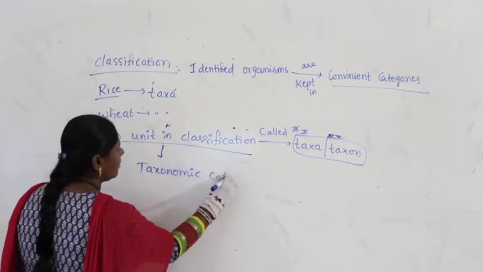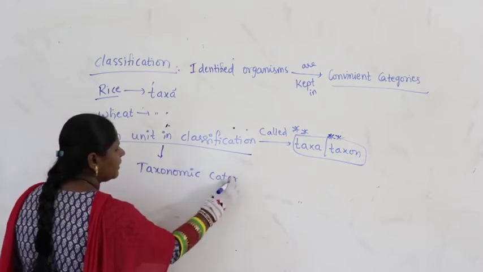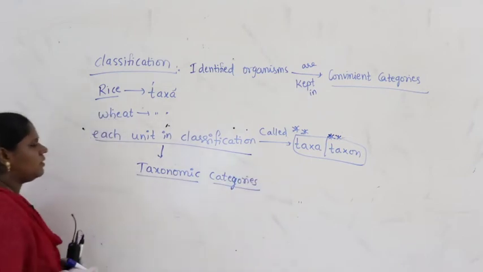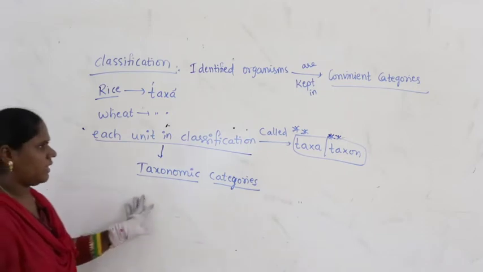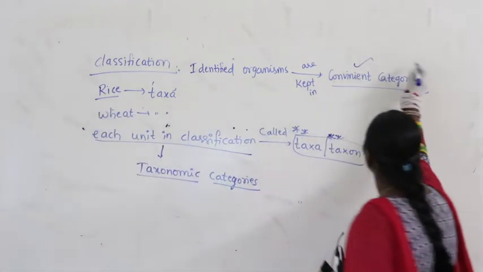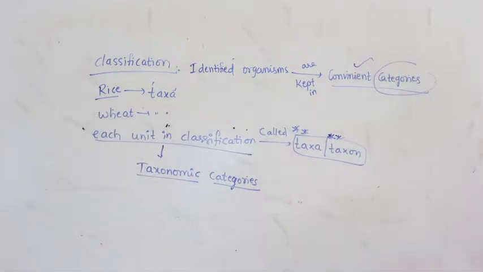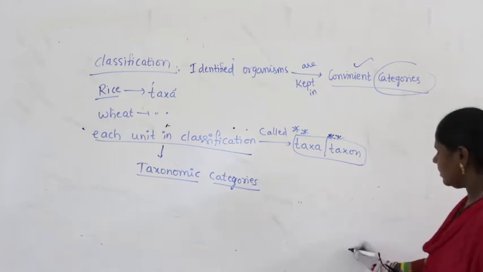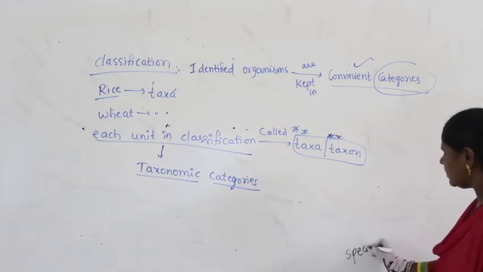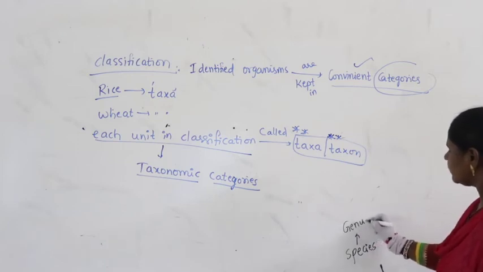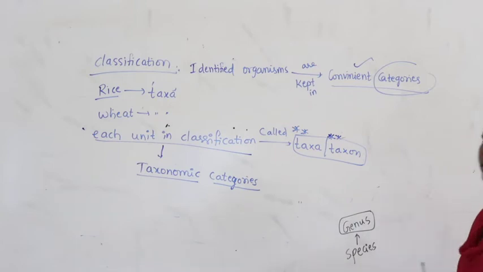Accordingly, we make what are called taxonomic categories. So what are these taxonomic categories here? If you take taxonomic categories, very clearly I will write down. When we see the convenient categories, what are these convenient categories? If you look at it, it starts from species. That is basic, then followed by genus, right, and then